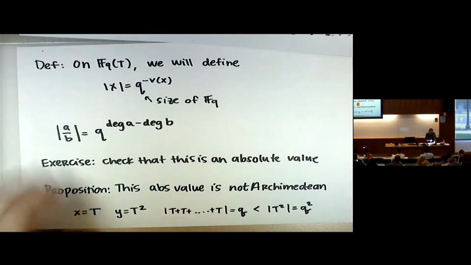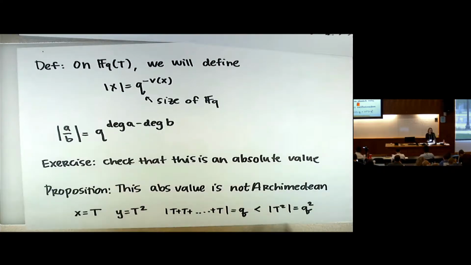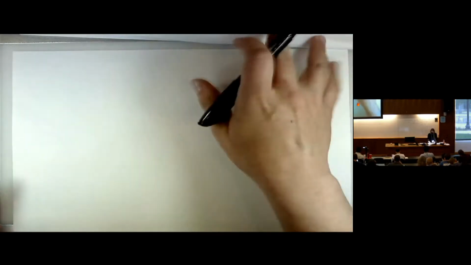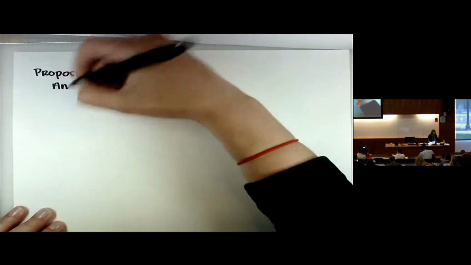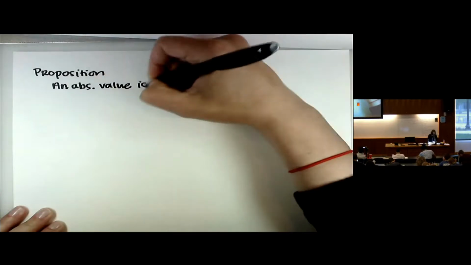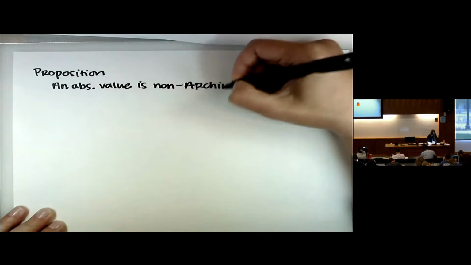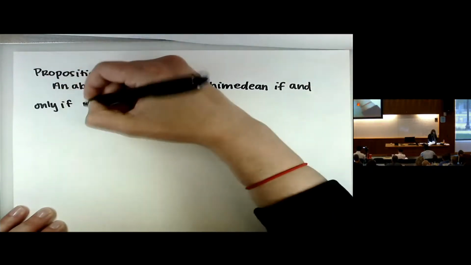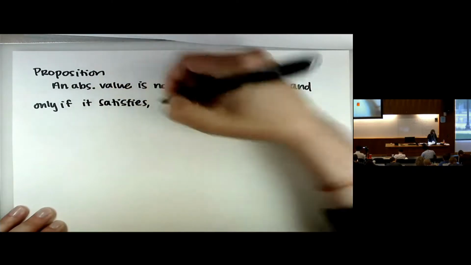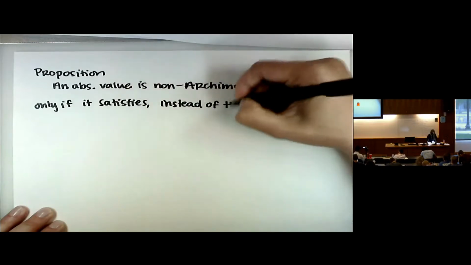All right, so I have 6 more minutes. The way that I've been talking about this is with addition, which is not, in my mind, the best way to talk about this. So I will state, but not prove, what I think is a nice way to think of non-Archimedean absolute values. Proposition: an absolute value is non-Archimedean if and only if it satisfies, instead of the triangle inequality,